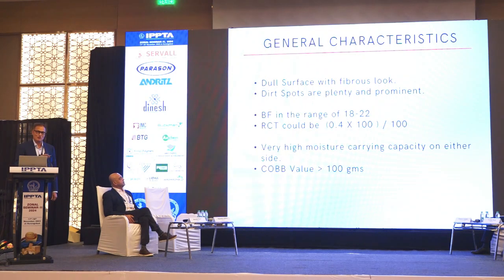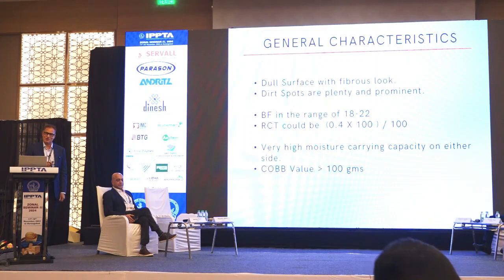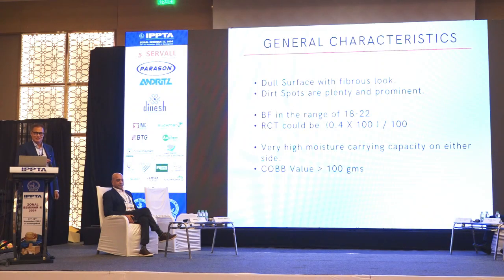In those days we were newly ISO certified. When our lab person tested the paper, he rejected the lot. He said the COBB values are very high: our standard is only 30 to 40, whereas it is showing more than 100. Then we checked the mill's spec and found there was no spec mentioned for COBB. When we checked with the mill, they said that for fluting media, COBBs are normally high. So we accepted the lot with a deviation, being ISO certified in those days.